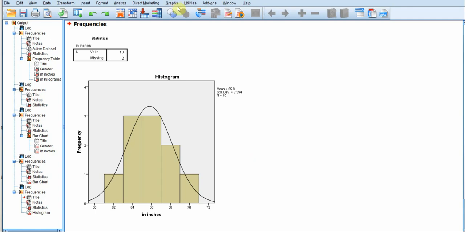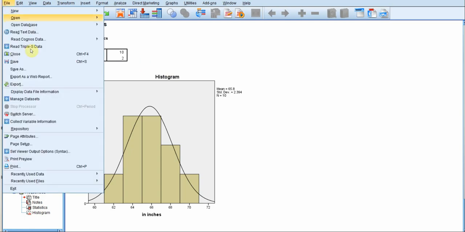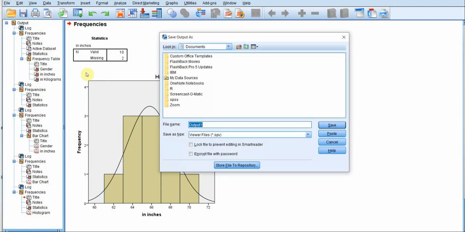Now the last thing that we're going to see is the output that we have got over here. We can save this output. So you need to go to File, Save As. You'll see over here the output will always be saved in .spv. So for any output file of SPSS, it will always save it in the extension .spv.